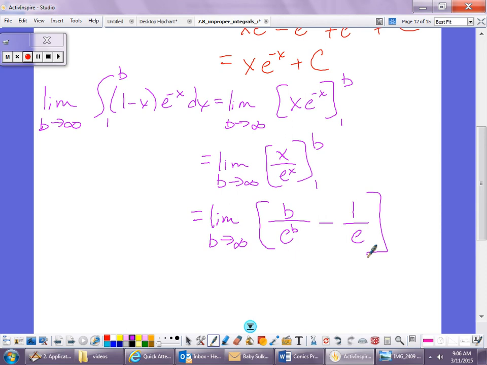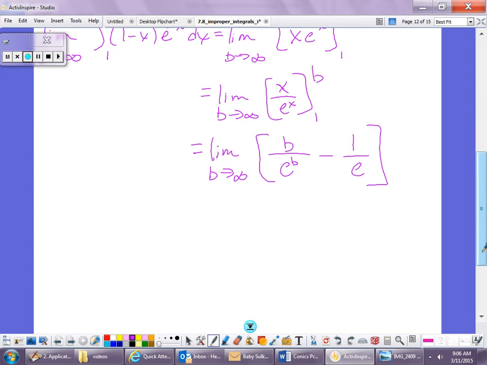Now, when I go to try to evaluate this integral, obviously all I'm really concerned about is this left-hand side. This is just going to be negative 1. So I've got the limit as b goes to infinity of b over e to the b, and then minus 1 over e, because negative 1 over e is not going to be affected by b, because b isn't part of it. Okay, so now what can I do? If I try direct substitution, I get infinity over e to the infinity. That's infinity over infinity. That's no good, so I can use my old friend, and this is what I was so excited about,